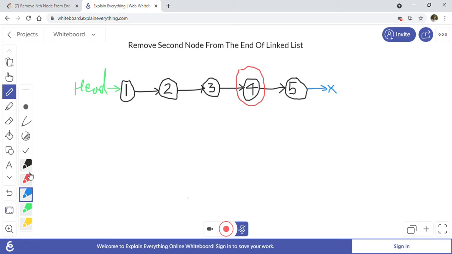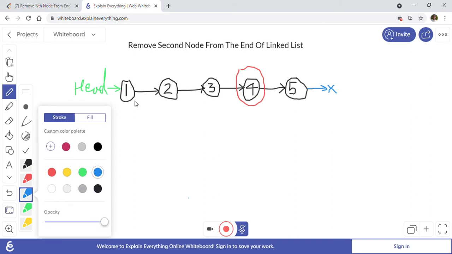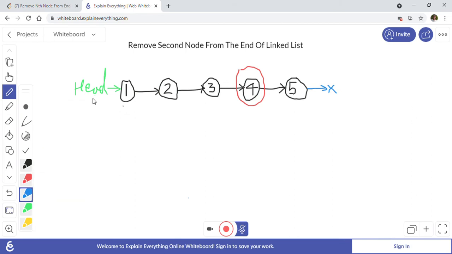We can do it by taking two pointers. Let's take two pointers here for the explanation, a first pointer and a second pointer. The first pointer I am taking in blue color, and the second pointer in green color. Let's say we remove the second node from the end of the list.